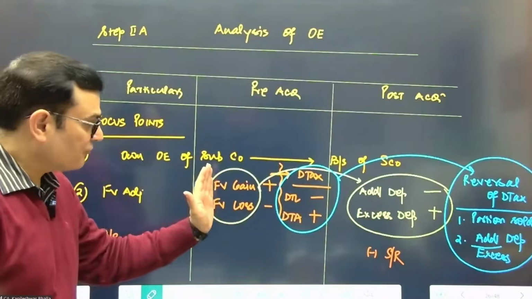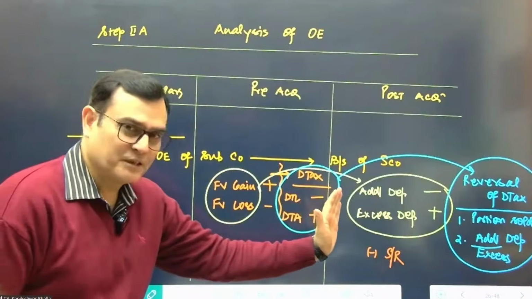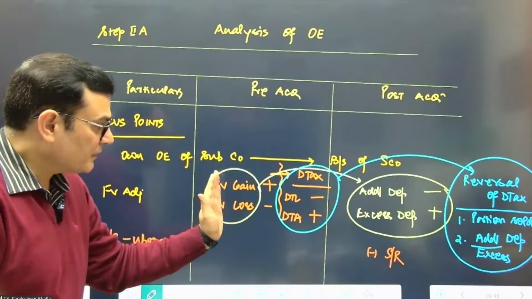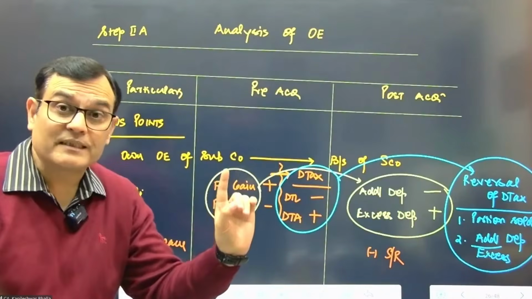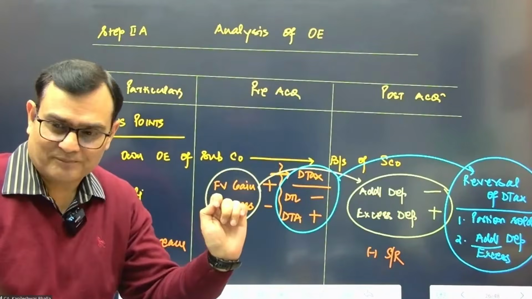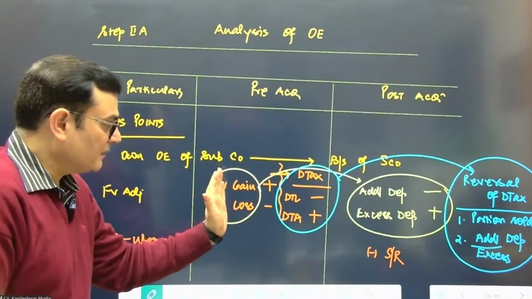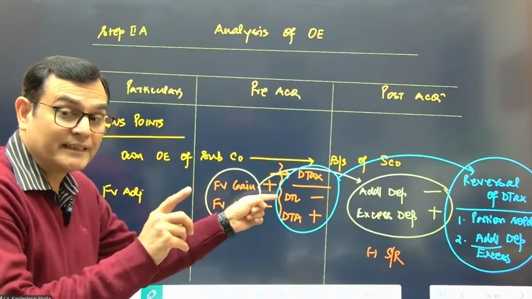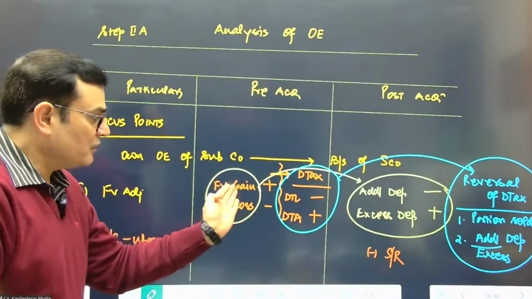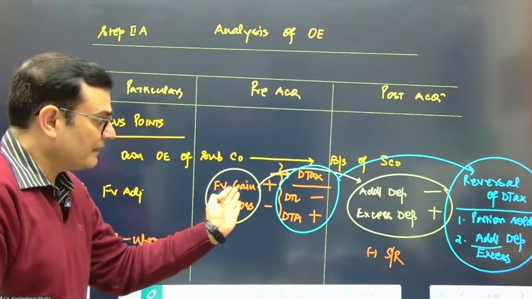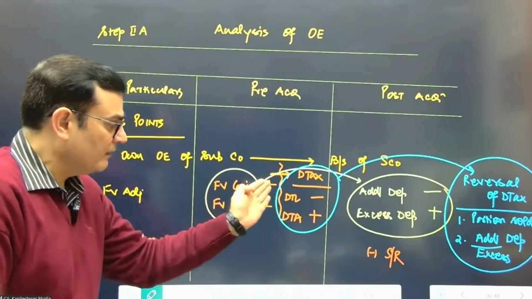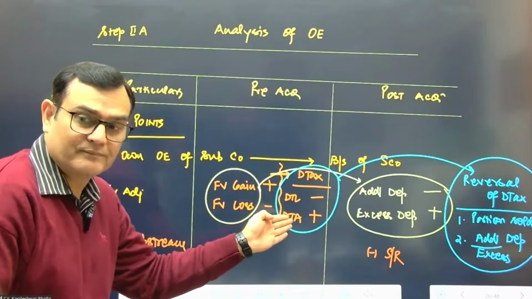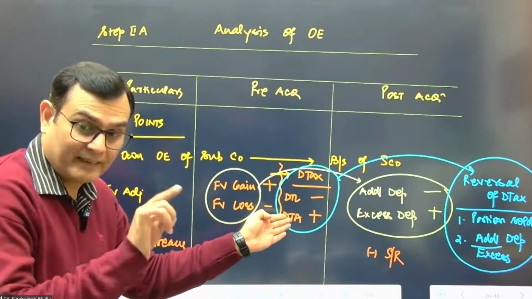You know the fair value gain or loss. You know the initial depreciation, right? The only thing which you need to remember is the fair value gain itself is a taxable temporary difference. Correct. So when it is a taxable temporary difference, it will lead to a DTL, and DTL means that you will create an expense. So this fair value gain is a taxable difference resulting in a DTL. The fair value loss is a deductible difference leading to DTA. Got it? Yes, sure. Next.